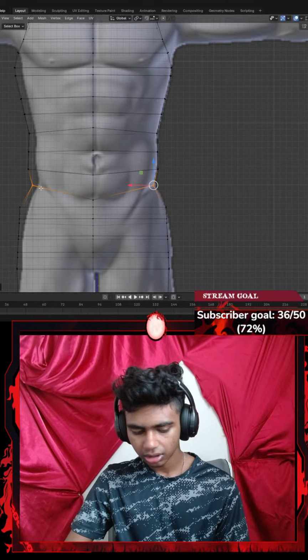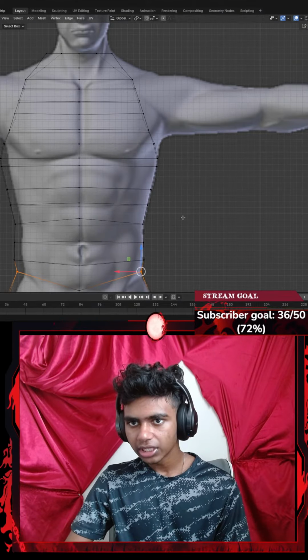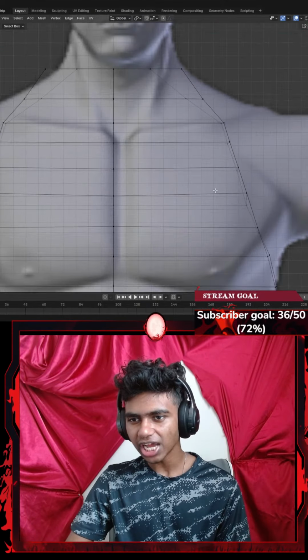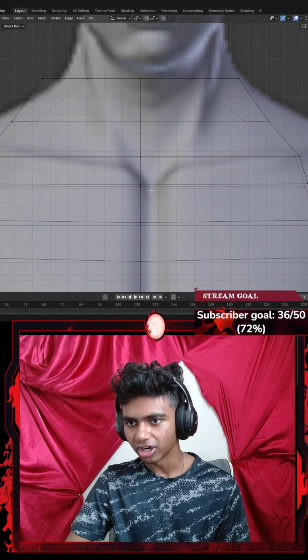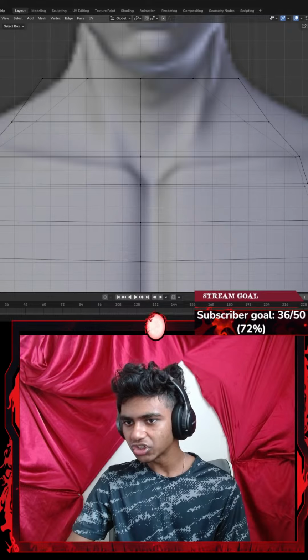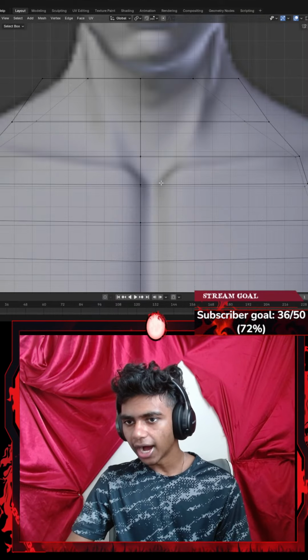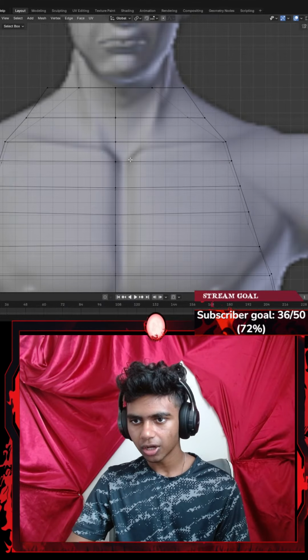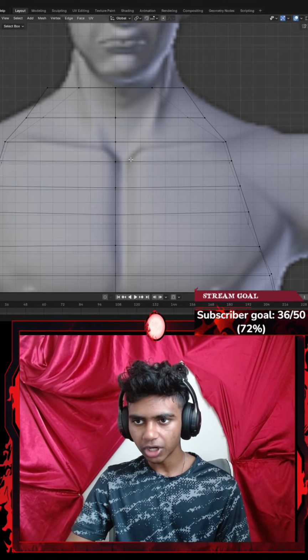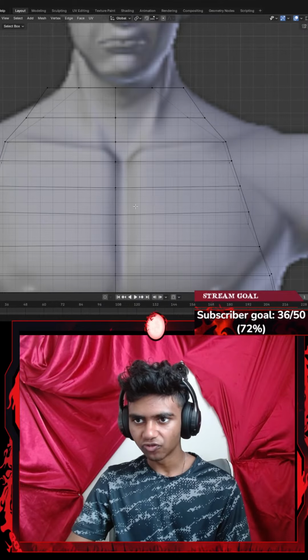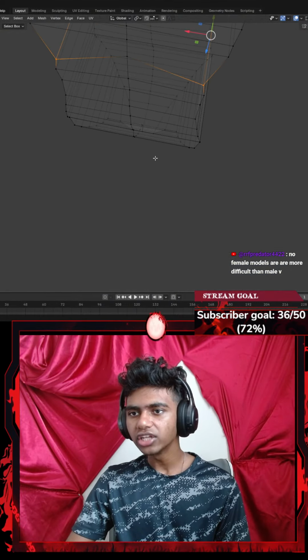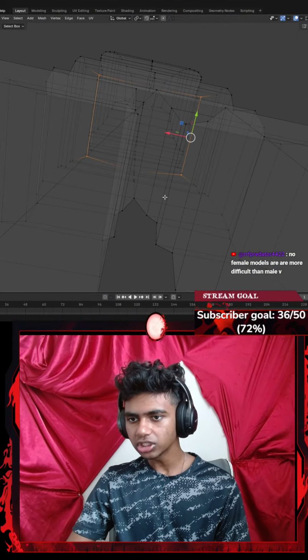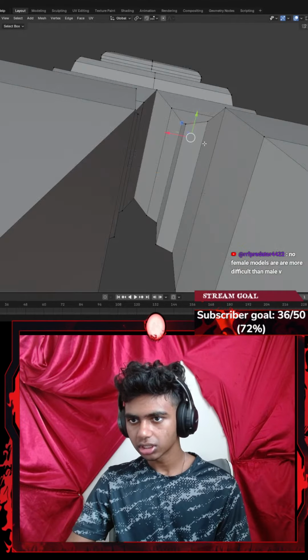There. Okay, should I go for my chest? I think I can go for my chest. So let's scroll a bit here. I gotta go ahead and trace that part up. So I'm assuming that I gotta go ahead and, let's see. Should I add another loop cut? Maybe I go with a forward loop cut. Oh, I do know. I gotta go ahead and add a loop cut down here. Let's go with... There we go.